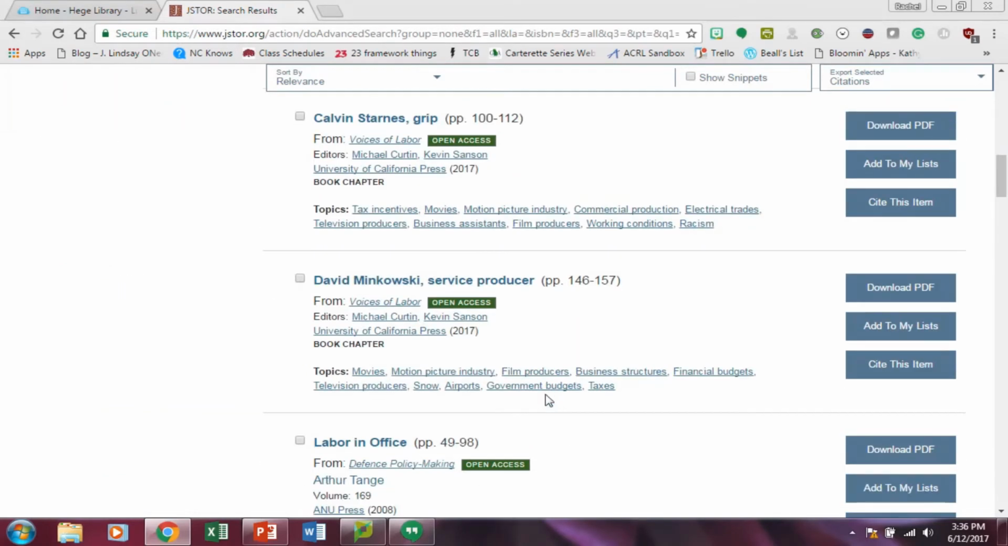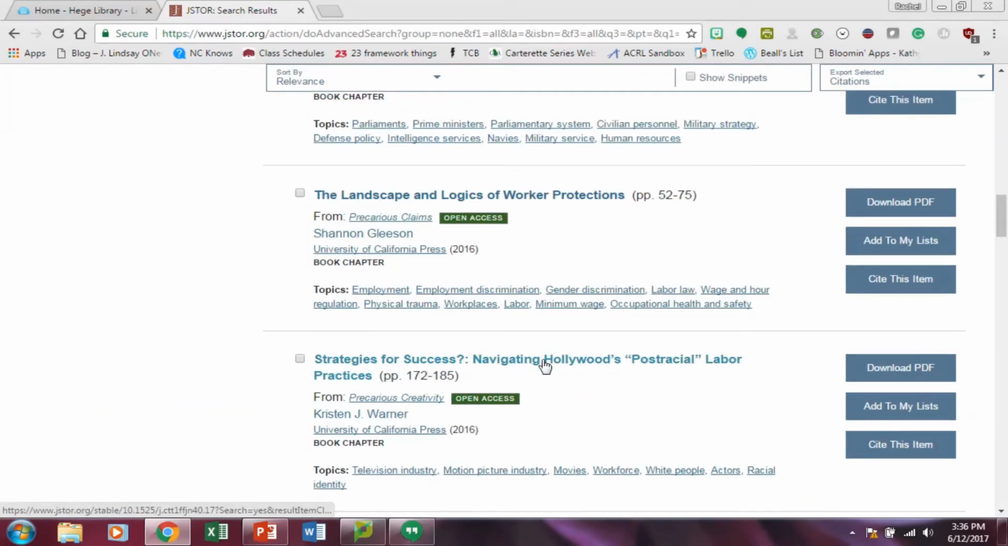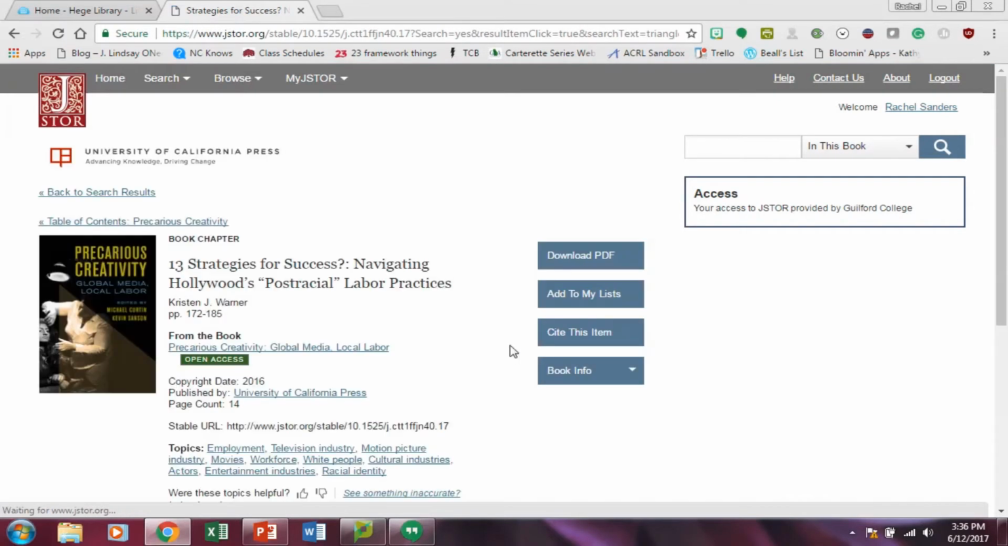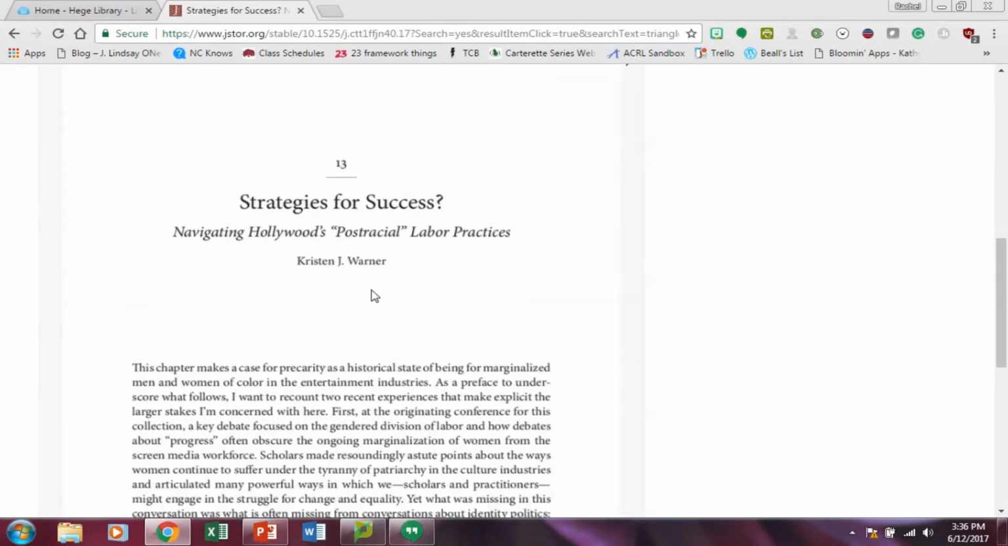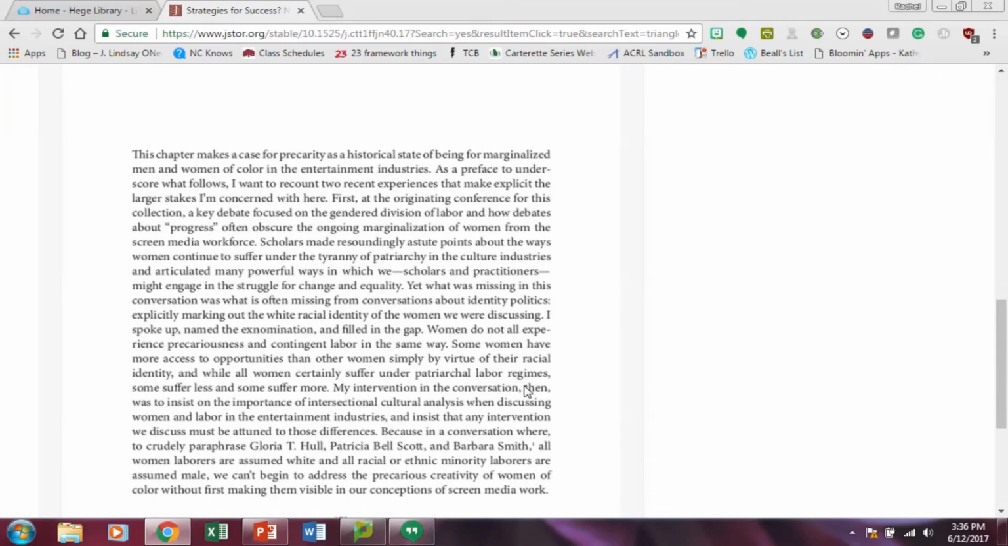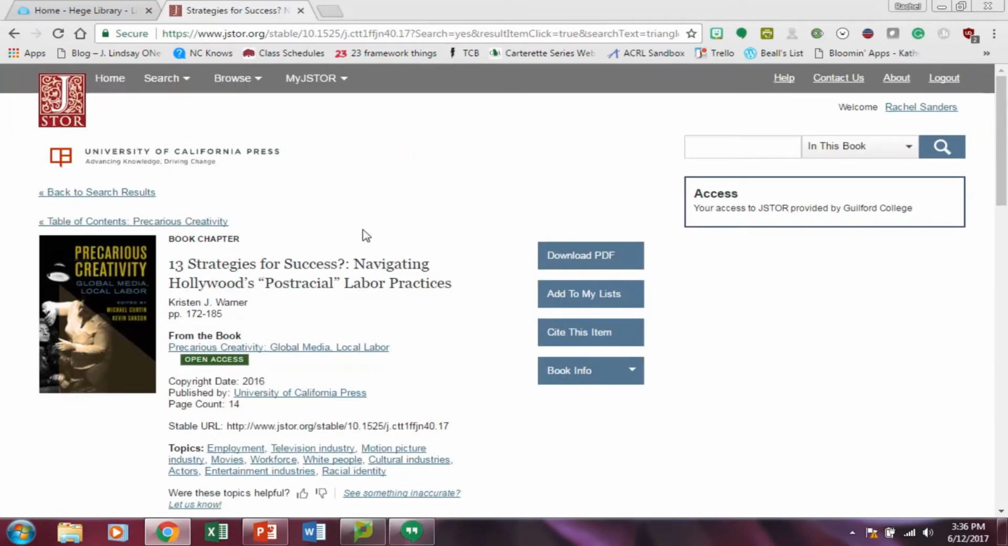But once I find something that I'm interested in, I'm going to click on the title, and it does note here that this is an open access book, so if I wanted to see the entire book I could do that. It is freely available, but this is just one chapter that mentions this topic and kind of goes through it a little bit. So books are definitely something that you can use on Jstor. I'm going to click on this title,